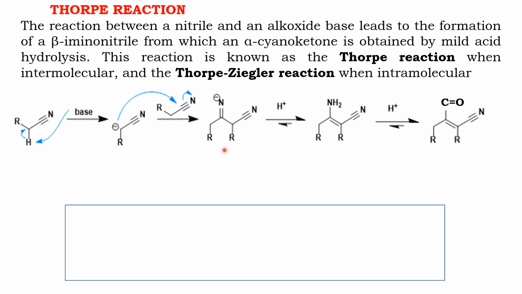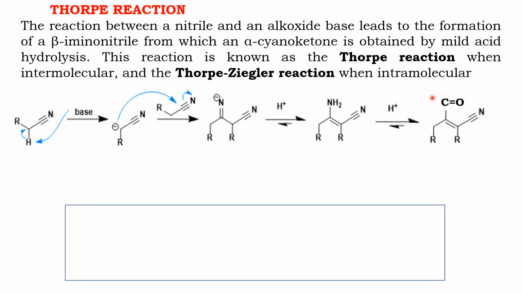This reaction is called Thorpe reaction. See here, I have a nitrile treated with a base. The base will abstract the H plus. The first molecule attacks the second molecule to form a beta iminonitrile, which undergoes deprotonation, followed by addition of H plus ion to form, see here,